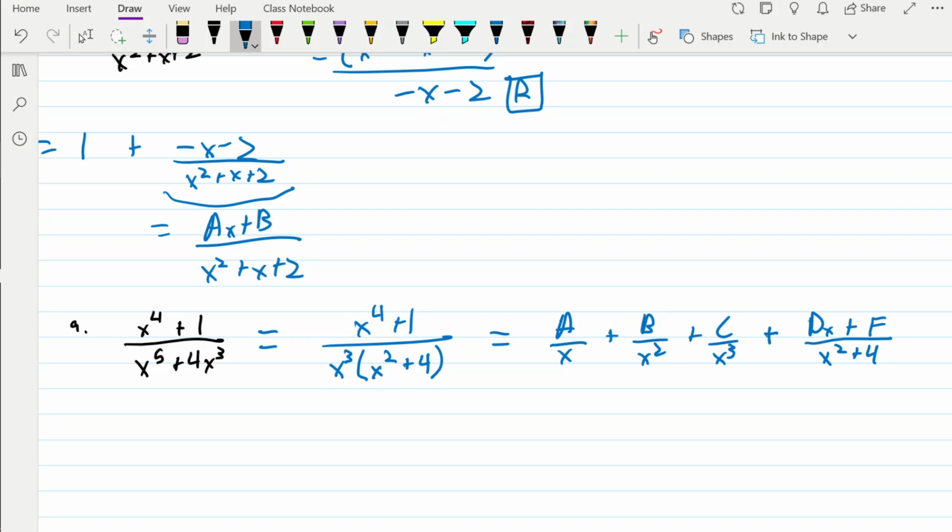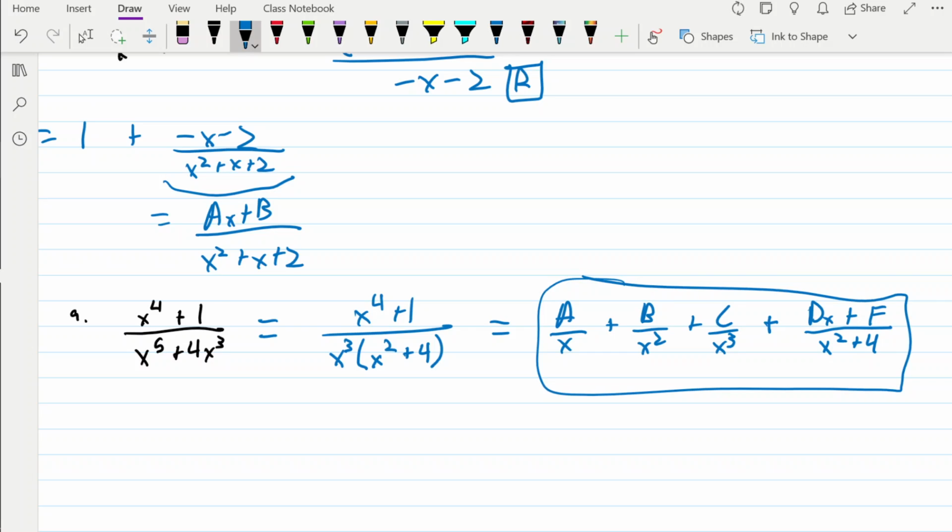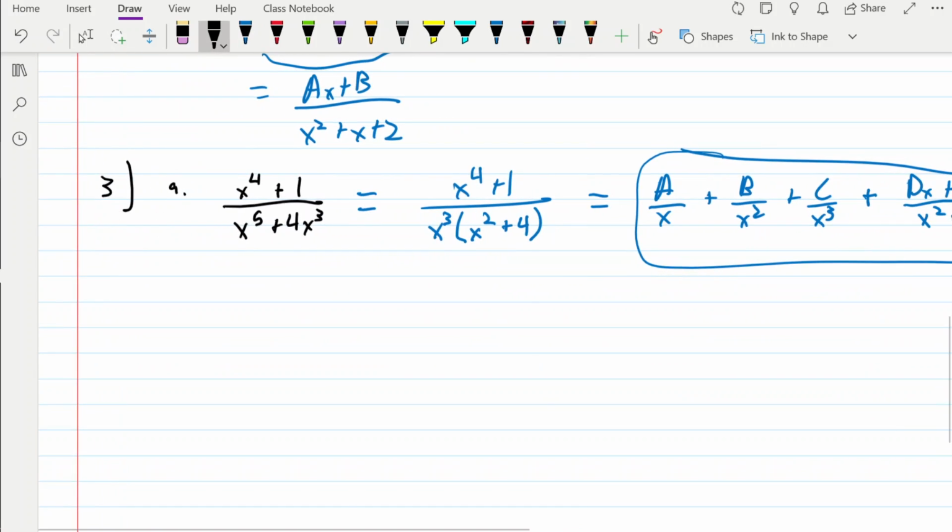Oh wait, no, can we factor this one more? No, we cannot. Alright, so let me just check the answer real quick. And this is the correct answer, right here. Okay, now we can go on to part B, which will be